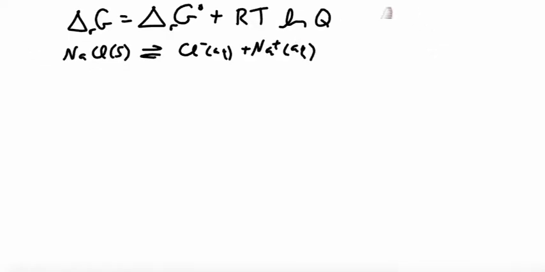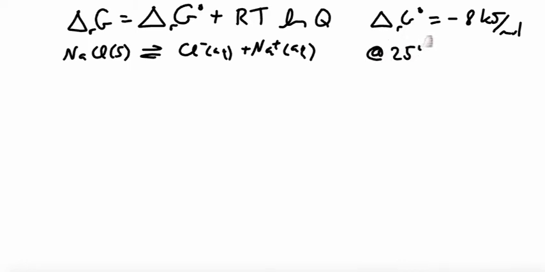Okay, so we've got a reaction, and we said we already knew that the delta G standard was -8 kilojoules per mole. And let's assume that we're working at 25 degrees C. That wasn't given in the problem statement, but we can't do the problem without it, so that would actually have to be given as well. Okay, so let's plug in our numbers here. So we say delta G is equal to delta G standard